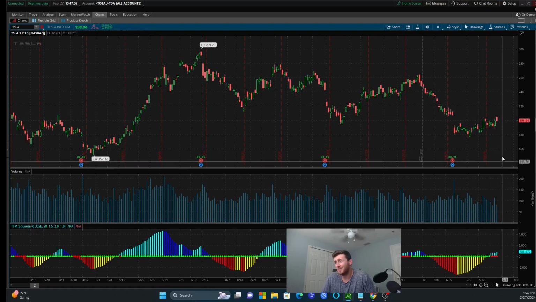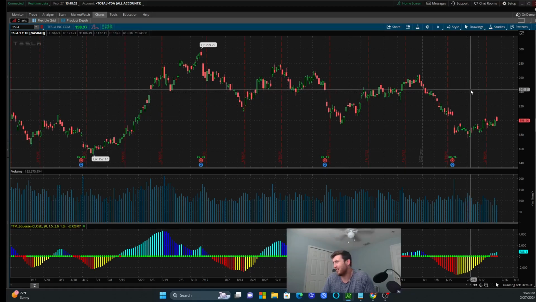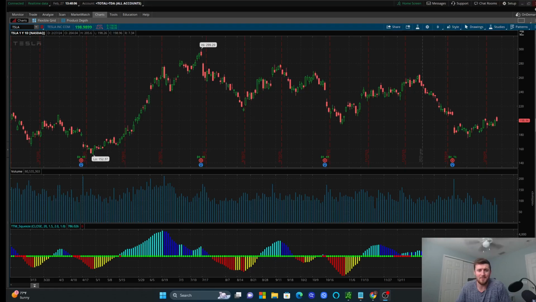So we're going to see how long this lasts. You might see a gap fill and then turn down to the downside, or you might see a higher, probably like 243-ish. It all depends on how everything else lines up. But